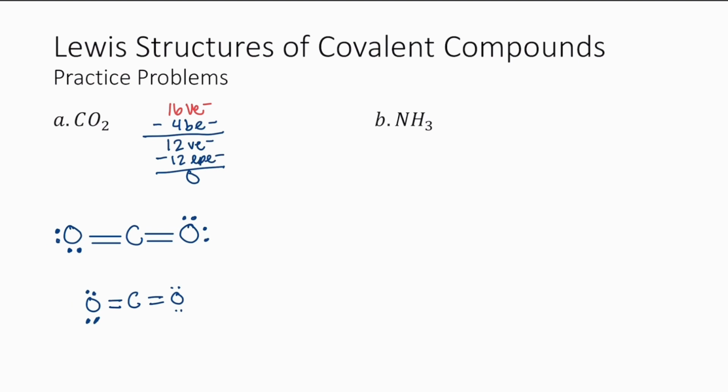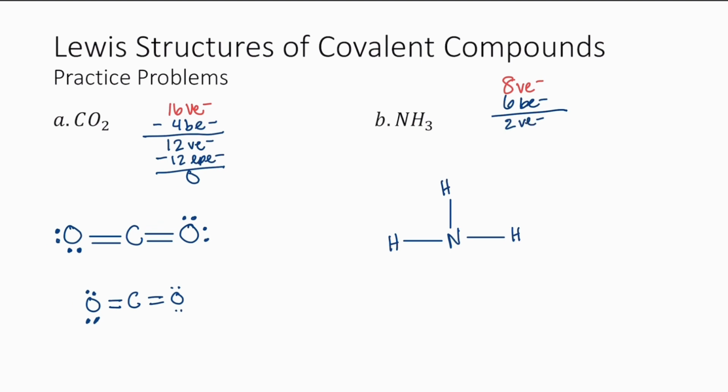All right, let's look at ammonia, NH3. I'm going to have a total of 8 valence electrons. Nitrogen is written first, so that is going to be my central atom. And I'm going to draw 3 hydrogens around my nitrogen. Then I'm going to draw a line between my nitrogen and each one of my hydrogens. Since I drew 3 lines, that is going to represent 6 bonding electrons, which means I'm going to have 2